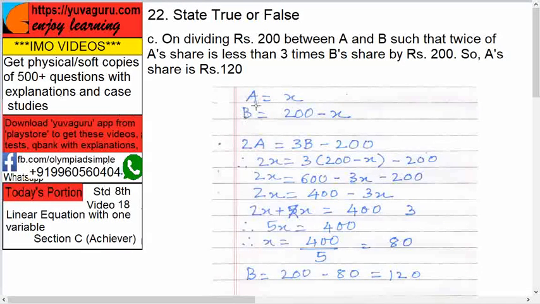So B's share would be what? Total is 200, so B would be 200 minus X, right? If A's share is 120, B's share would be 200 minus 120. Same logic. So what is given? Twice of A's share, 2 into A, equals 3 times B's share less 200. So B's share 3 times and then subtract 200 from it. Then